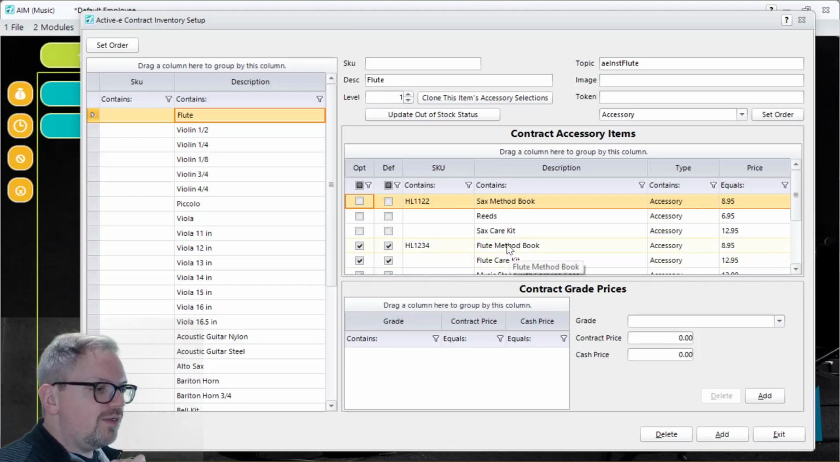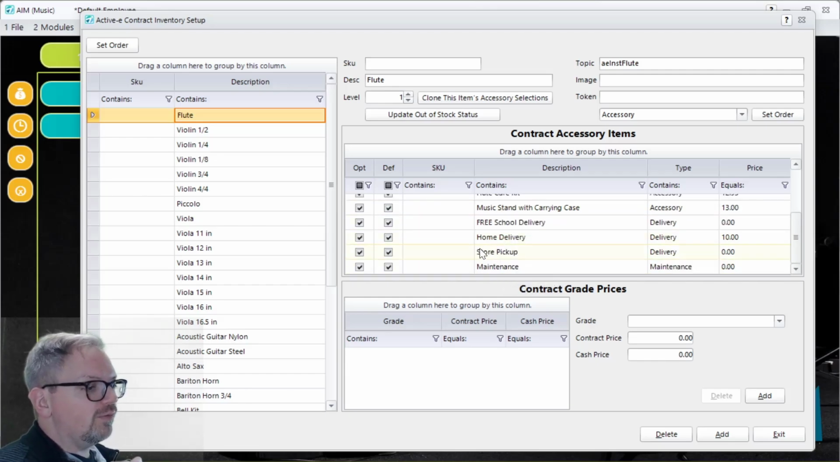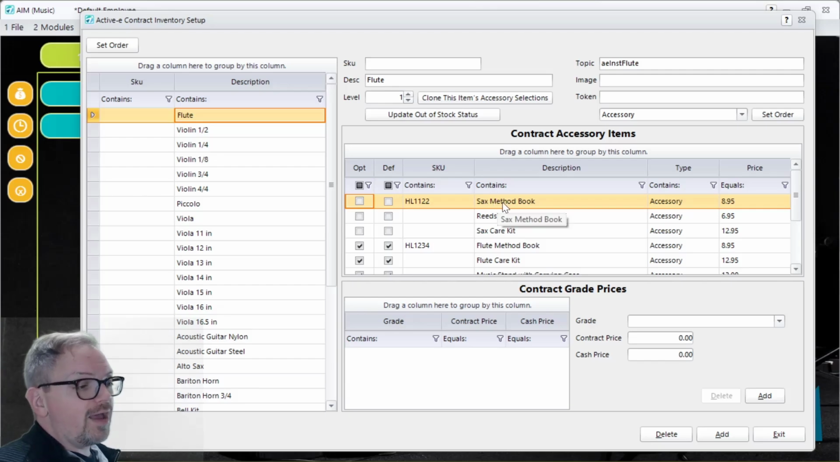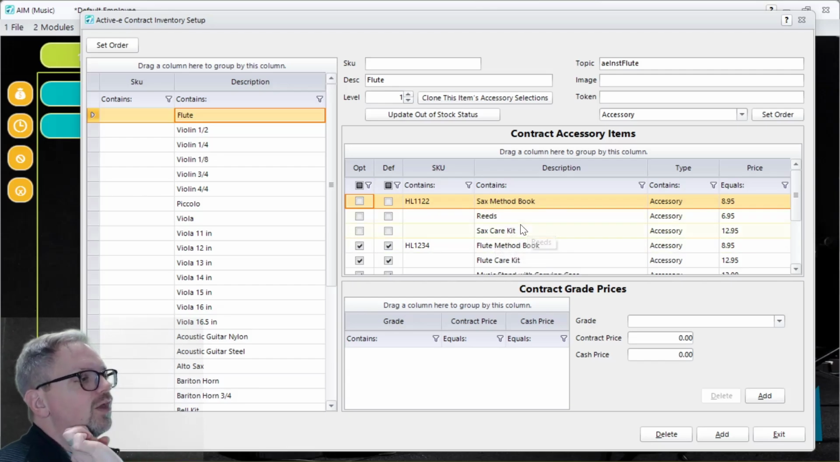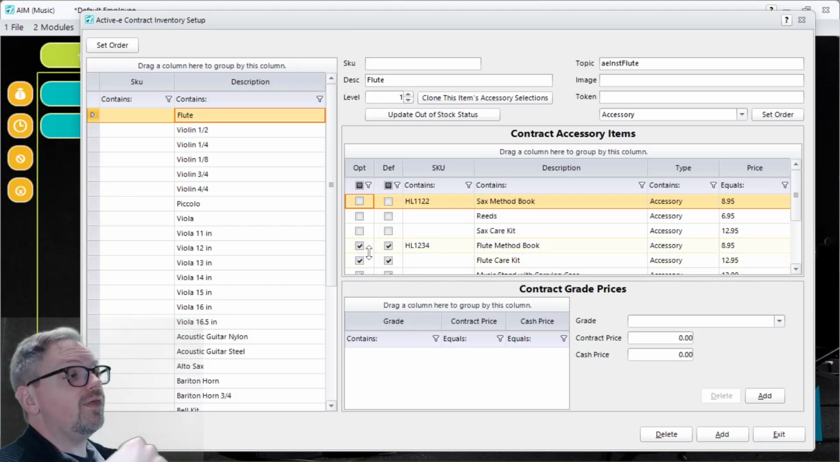The flute method book, the flute care kit, music stands, free school deliveries, home delivery, store pickup and maintenance. What I don't have checkmarked are things that wouldn't apply: sax method book, reeds, sax care kits, things like that. So by checkmarking at the very least the option for that choice, that will associate that line item with that